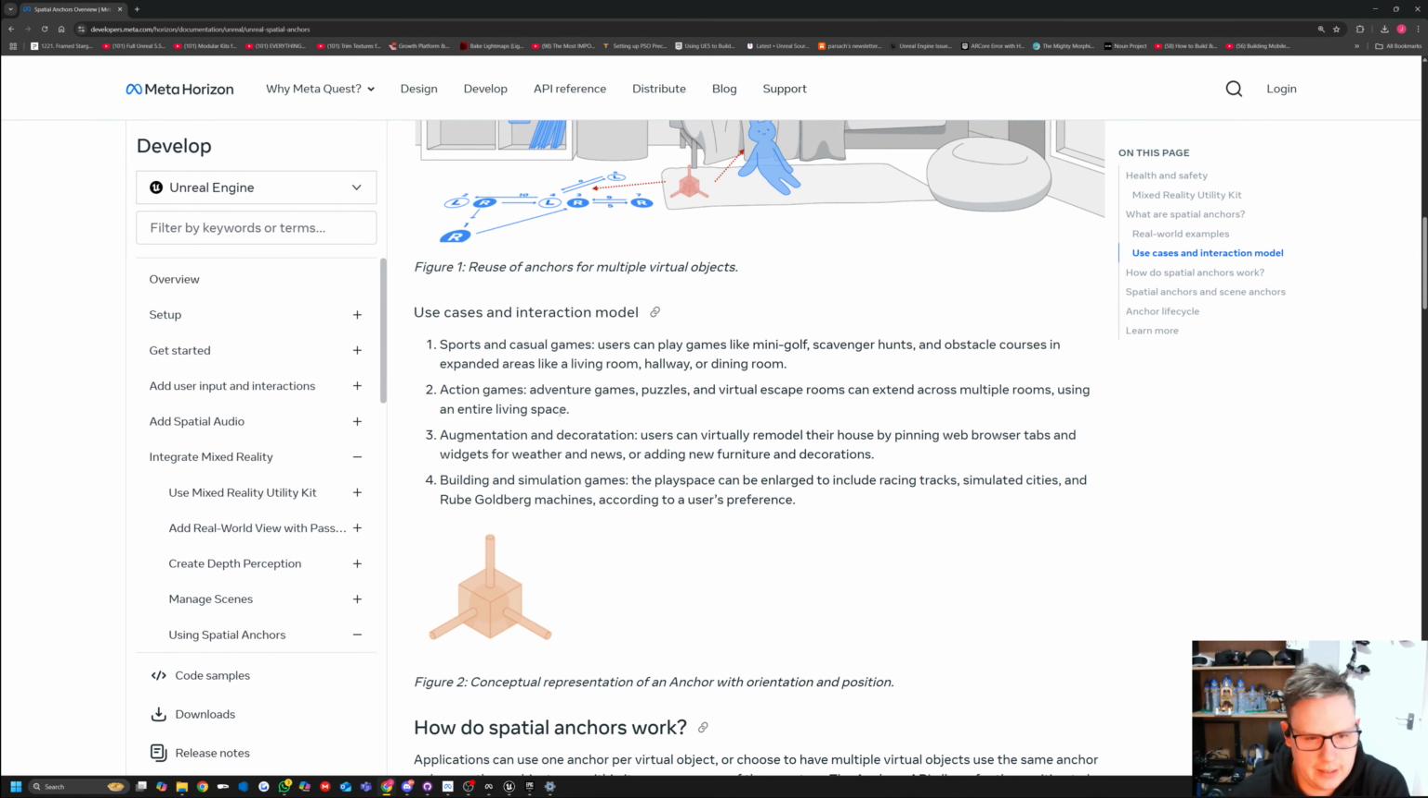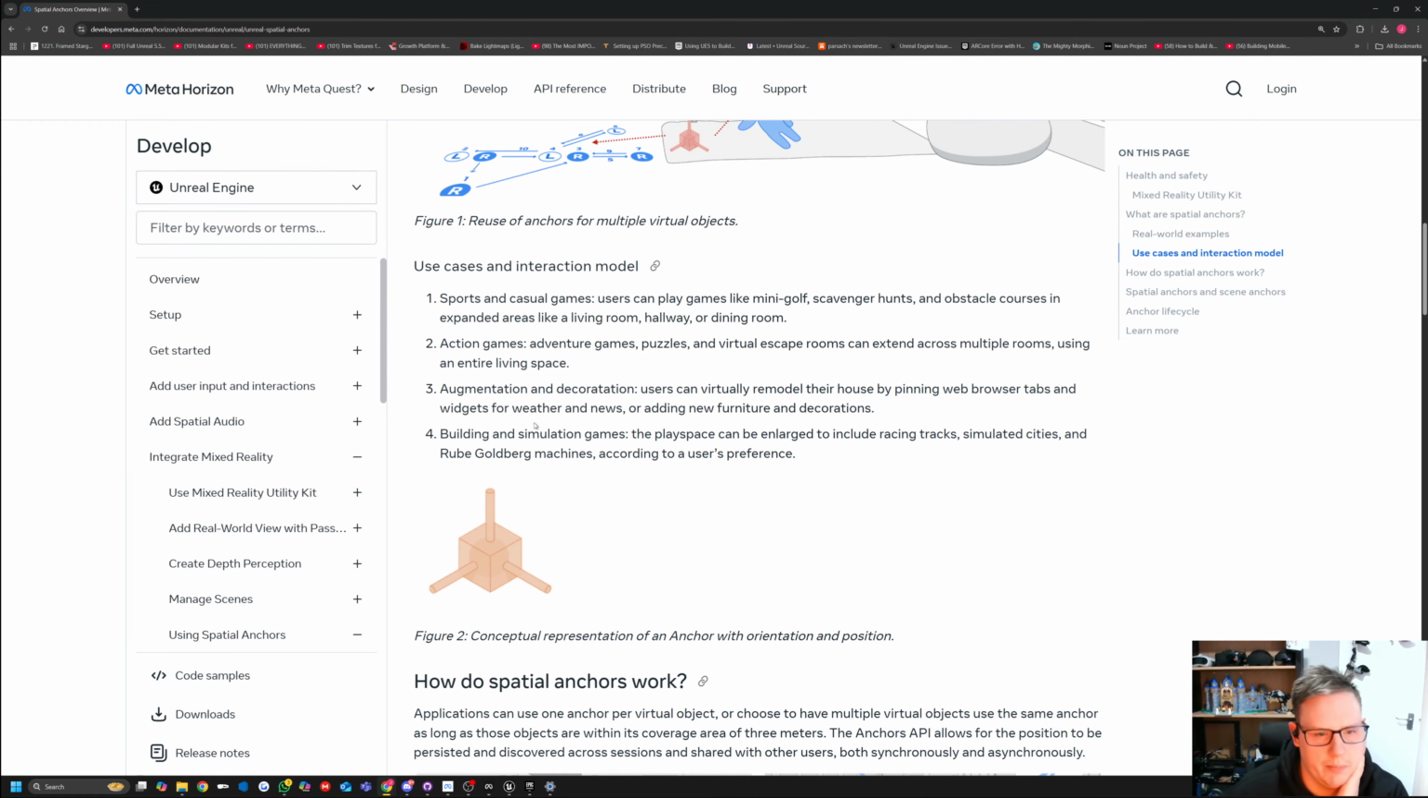entire living space. Augmentation and decoration. Users can virtually remodel their houses by pinning web browser tabs and widgets for weather and news, or adding new furniture and decorations. Building and simulation games. The play space can be enlarged to include racing tracks, simulated cities, and Rube Goldberg machines according to a user's